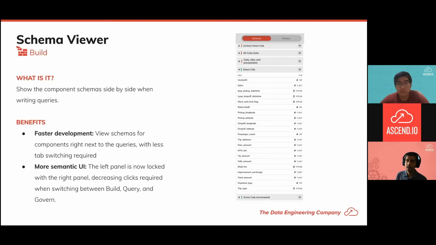So what we have introduced here in the query tab is a schema viewer on the left side of the screen, which allows you to look at the queries, the schemas right there when you're writing the query and make it faster to develop. The other thing that is introduced with this schema viewer is that the UI is now